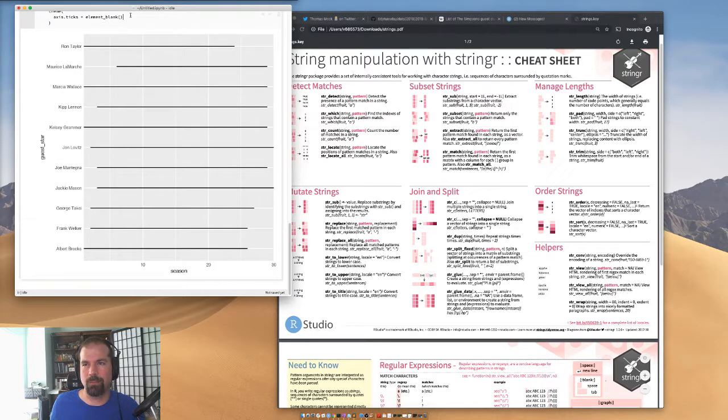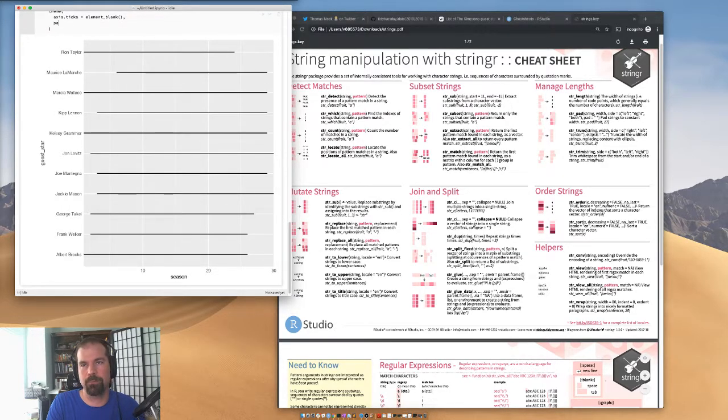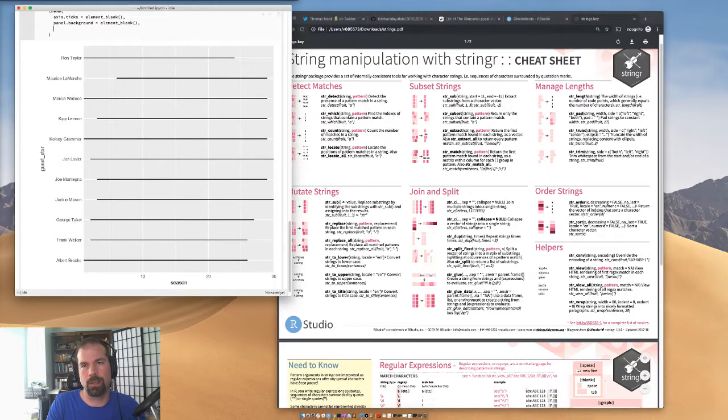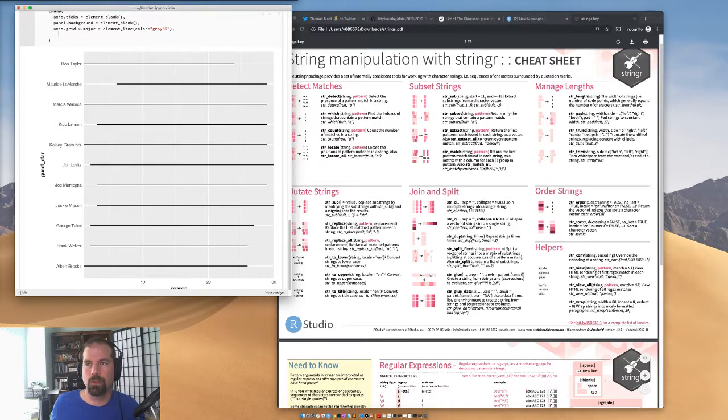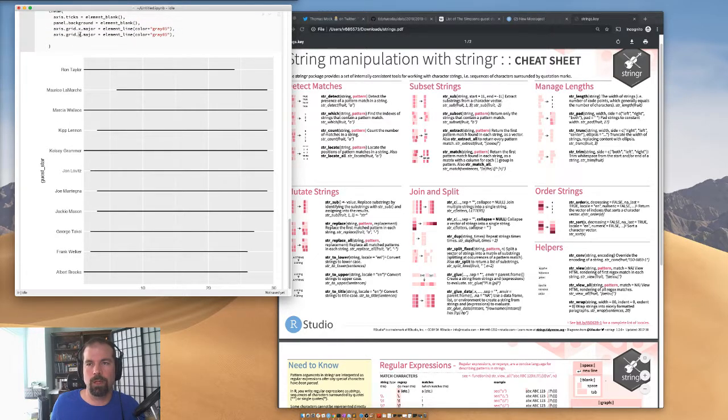And I also don't like this gray background that much. I'd rather have background and then the grids, axis.grid x.major equals element line color equals gray 85, kind of the de facto color when you don't have anything else to use. And the reality is that for the Y, we've got these lines, so we really don't need any kind of grid. So do element blank,